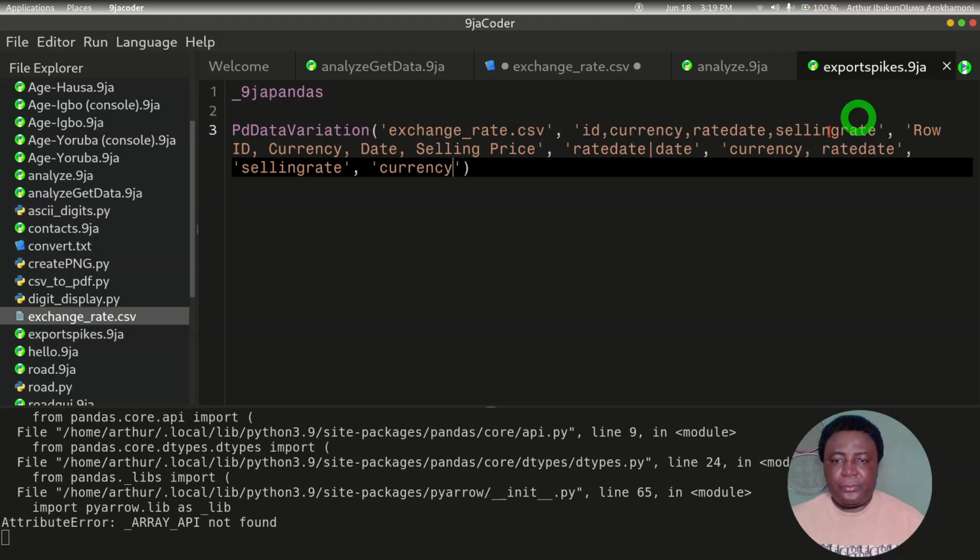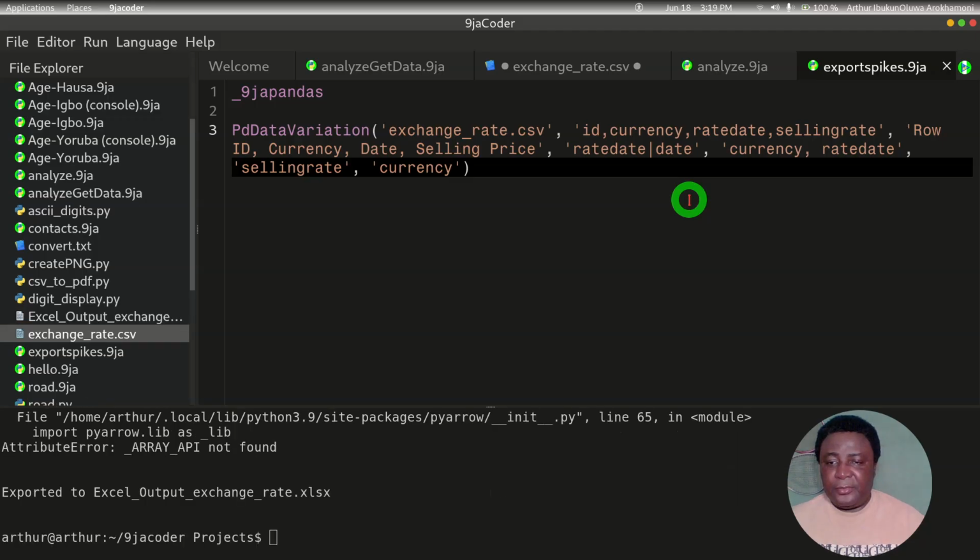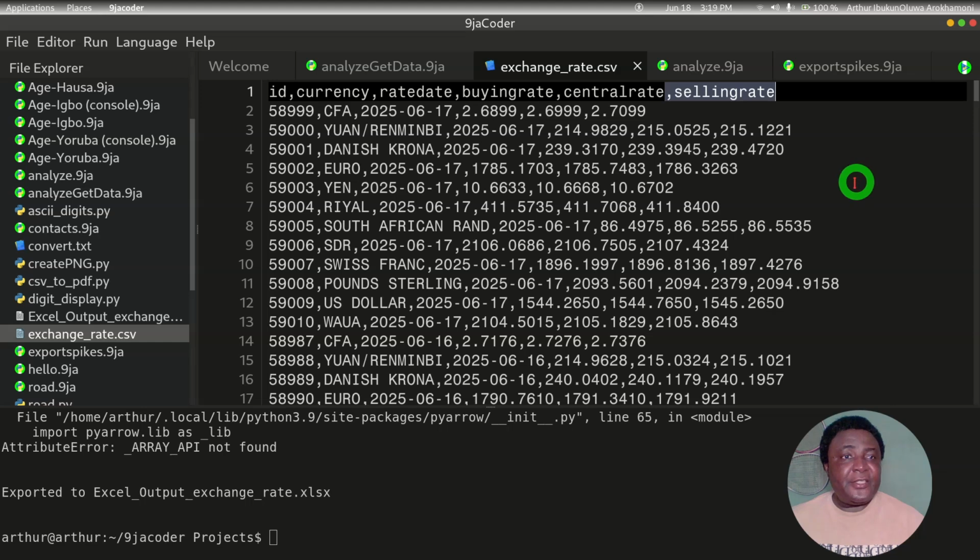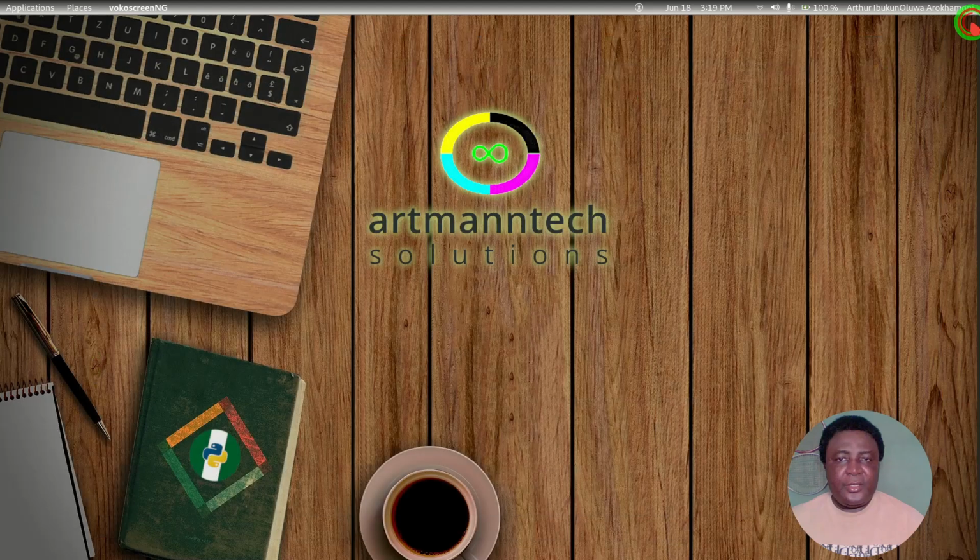These are just Pandas errors. Good. It has exported the file as Excel output, Excel output exchange rate Excel. So this one is the XML Excel, and that is it over there. But we can't open it here, so we are going to open it with LibreOffice. But let's save this. We are done here. We might as well close this and